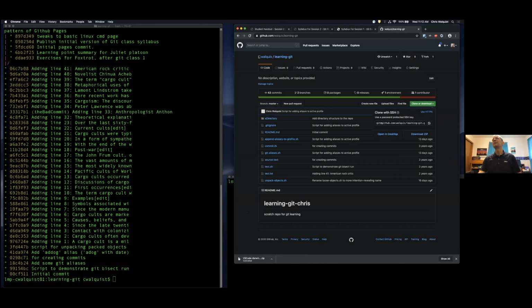So you can select whether you go with SSH protocol, which looks like this format, or HTTPS, which looks similar, but not exactly the same. You still have at the end the format of your organization, which for most people is just their user, and then the repo name .git, right? That part's the same,